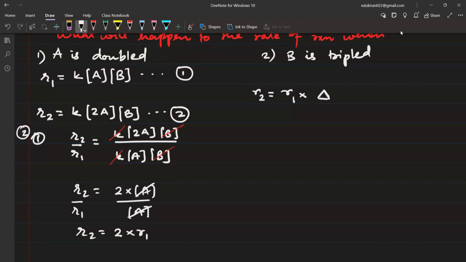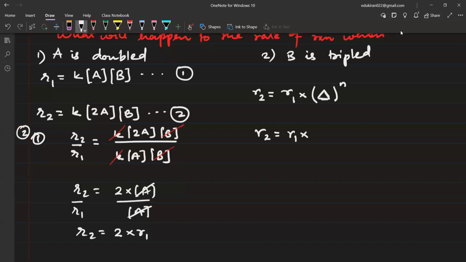Whatever is changing, change is represented by delta to its power, that means to its power m or n, whatever the order of B is. Listen here, if you try to plug this in this formula, then what you will get, R2 is equal to R1